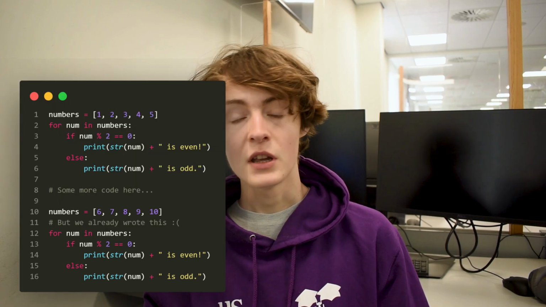In Python, say I've worked out a way to tell if a number is even or odd, and I write it in Python. But I don't just have one number I need to do this for. I have several. A for loop might help if they're all in a list, but what if I need to do this in two different places in my code? Then I'd need to write the whole thing out twice. This is where functions come in.